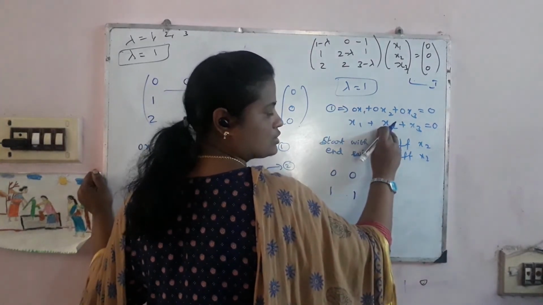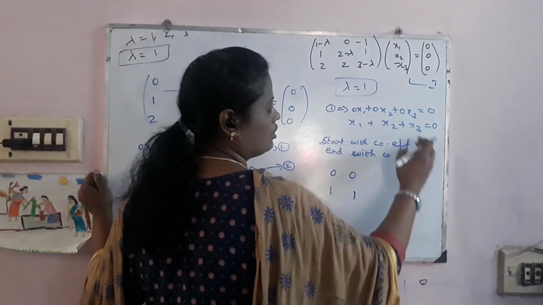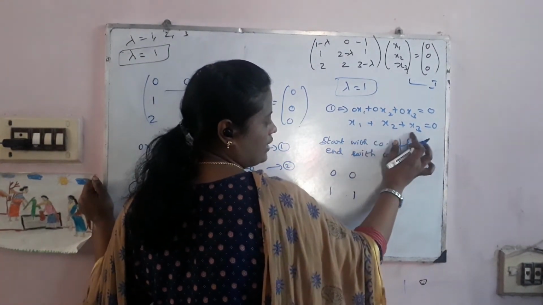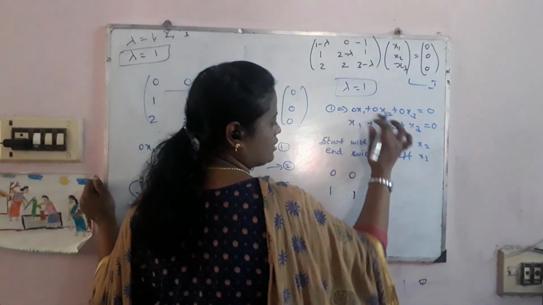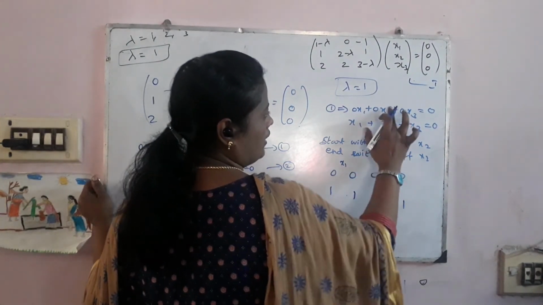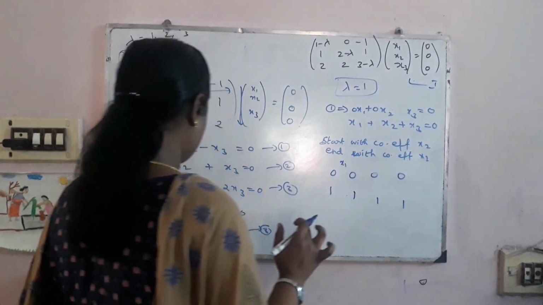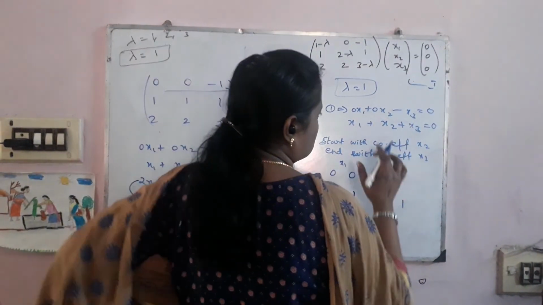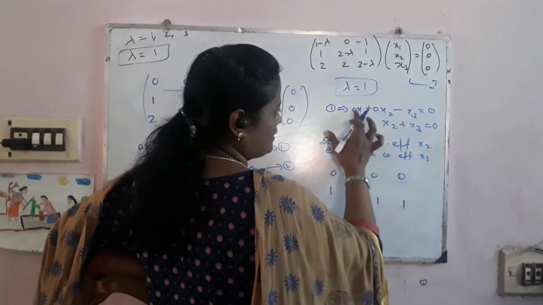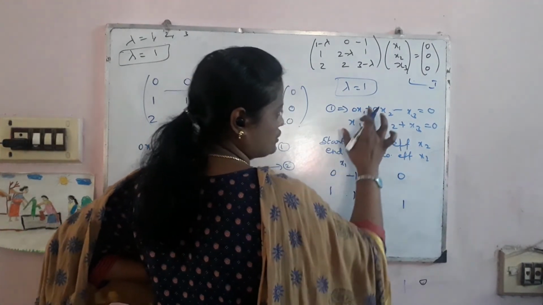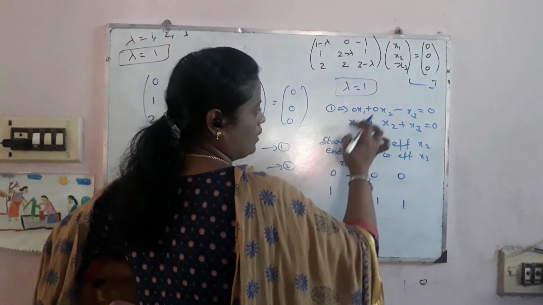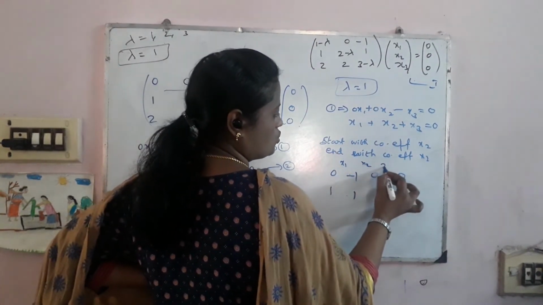So you have to start with x2 and again end with x2. It's like you have to go like this, x2, x3, x1, x2. So x2 over, x3 over, next x1 0 1 and x2 0 1. So this is x1 0 1 and x3 is not 0, right? What is x3? x3 is minus 1. So 0 1, minus 1 1, next is 0 1 0 1. Start with the coefficient of x2 and end with the coefficient of x2. So 0 1 minus 1 1, 0 1 again 0 1. So this is x1, this is x2, this is x3.